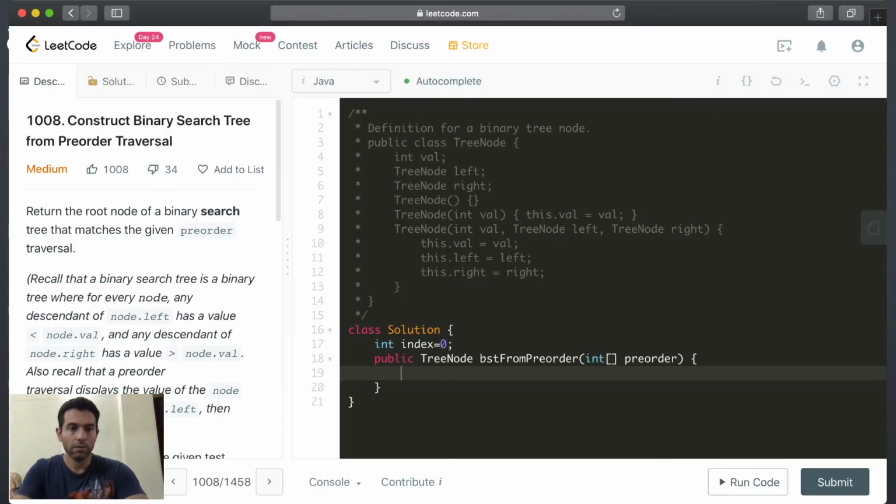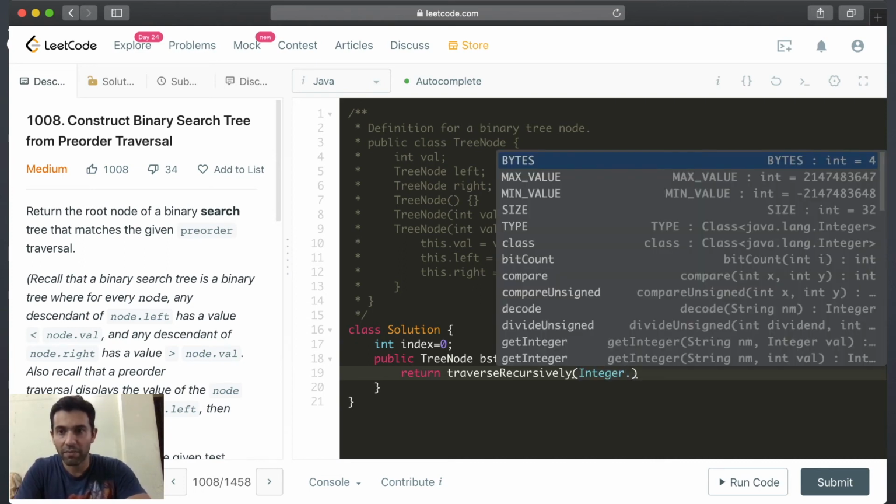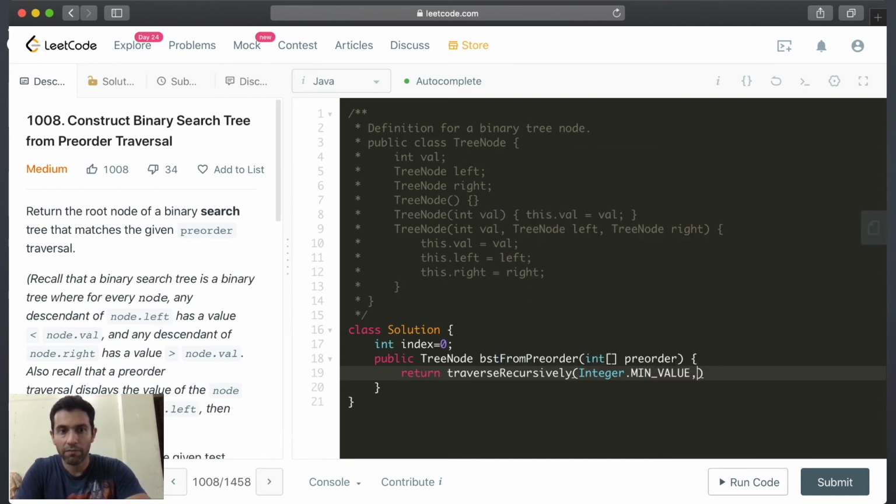Alright guys, so let's start the code. To create that, as it's going to be a recursive solution, we first create a recursive function, right? So we'll return that here. Let's create the first recursive function, traverse recursively. And as we have seen in the iPad description and the solution that we were doing there, we need a min and a max value. So for the minimum as negative infinity, we can have Integer.MIN_VALUE, and for the max, similarly, we can have Integer